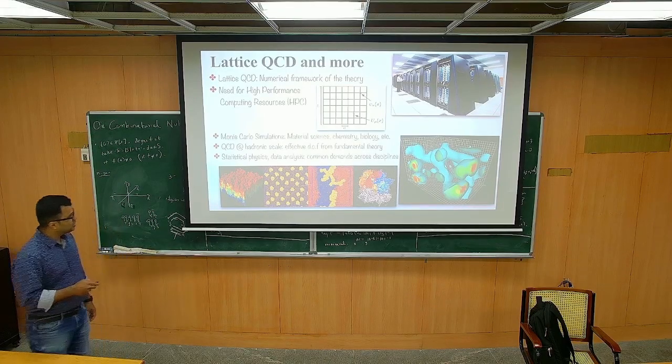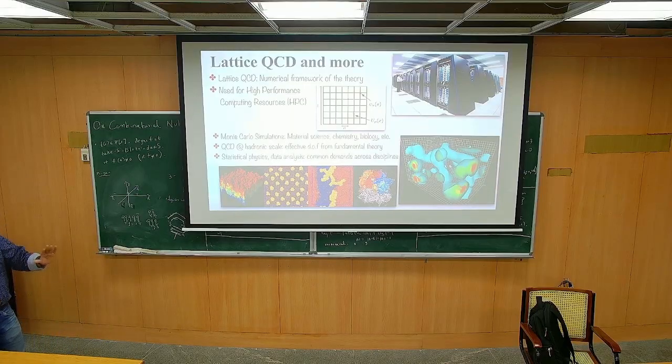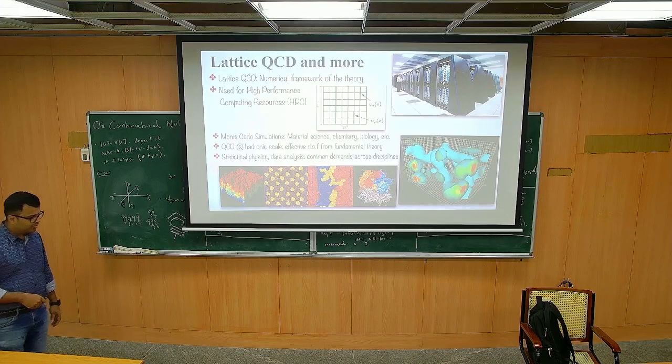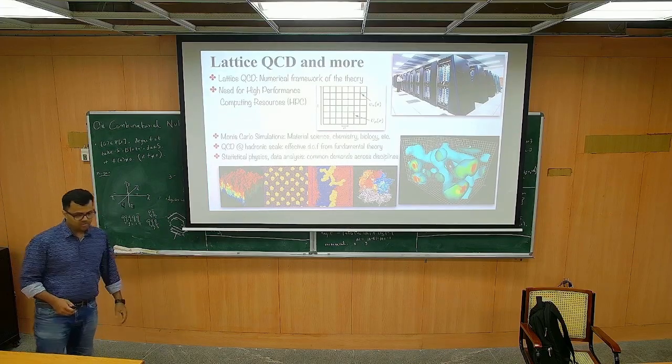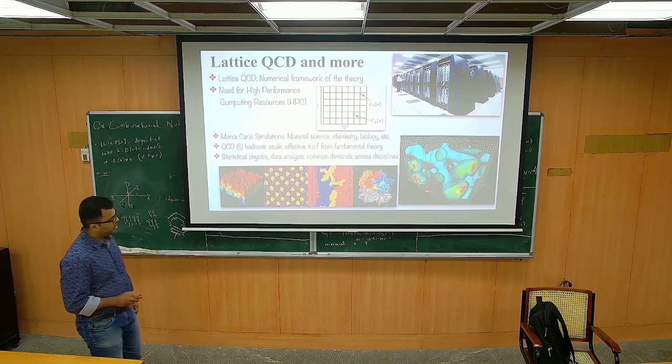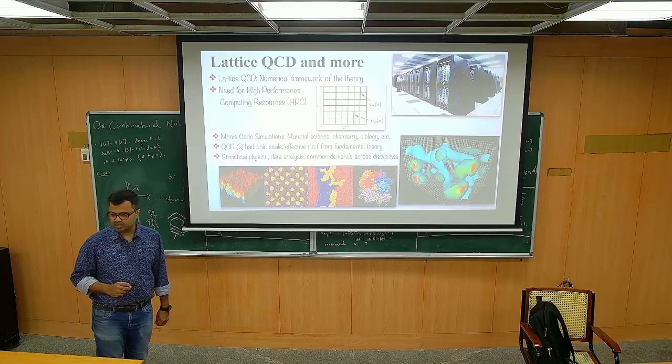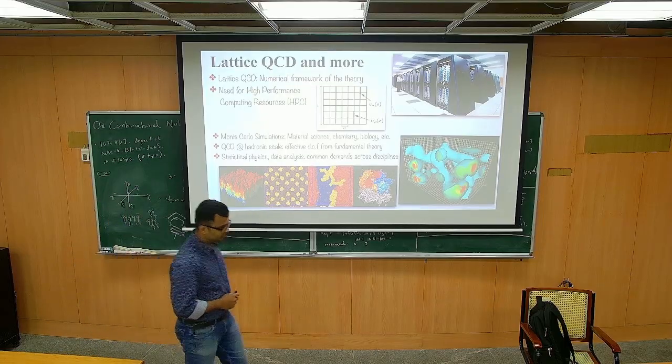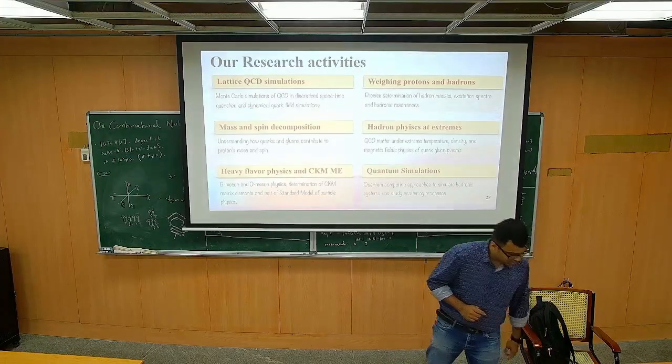So these are some pictures of various of these other disciplines which I cannot explain at all. Some of them are protein folding, etc. But this I can sort of say. Here what we do is we actually put in these instructions. We represent the system with a set of numbers. We let this set of numbers evolve or change as per the instructions that we give in. And this is some gradient, or some picture of how this landscape looks in a three-dimensional scenario. Okay, let me not go into those further details.